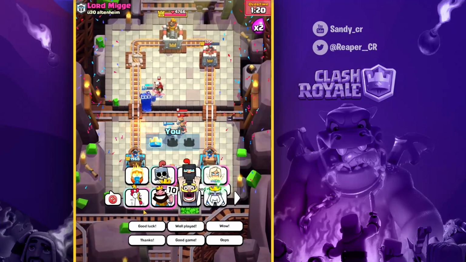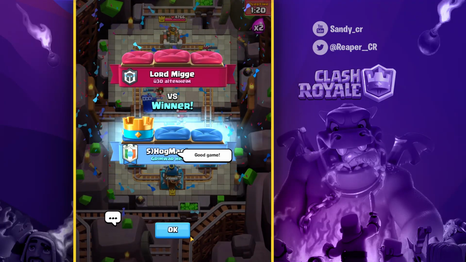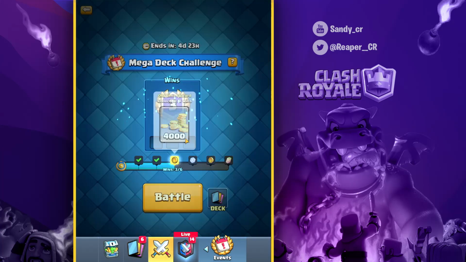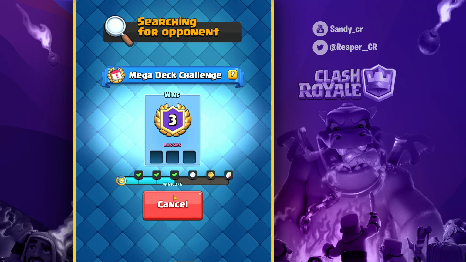This match was getting really close, but we played it really nicely, guys. So yeah, and if you want, guys, you can substitute any spell with some big spell. I don't prefer big spell because with Sparky you need some small spells. So yeah,